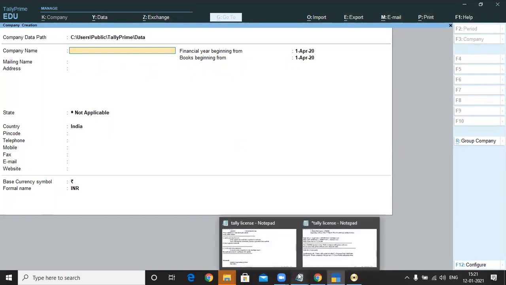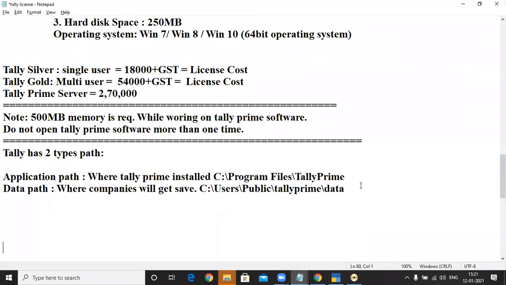Once you create a company, your data path takes 5-digit numbers, which it maintains to store the company's data. The first company is 10000, the second is 10001, then the third one is 10002.